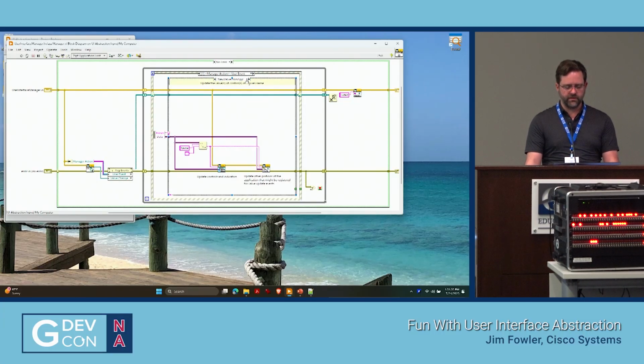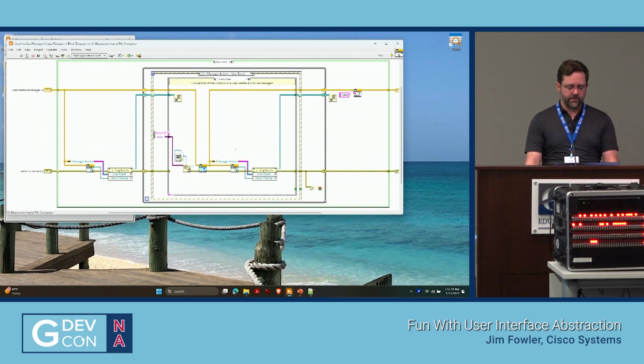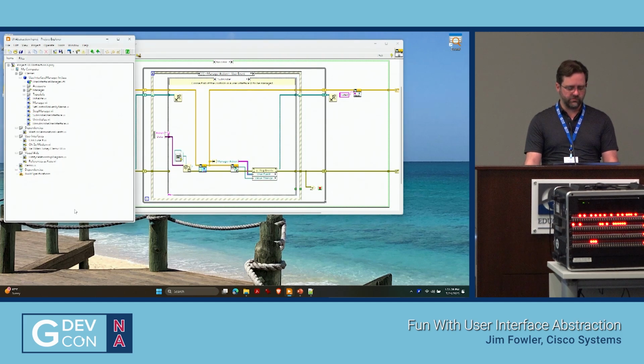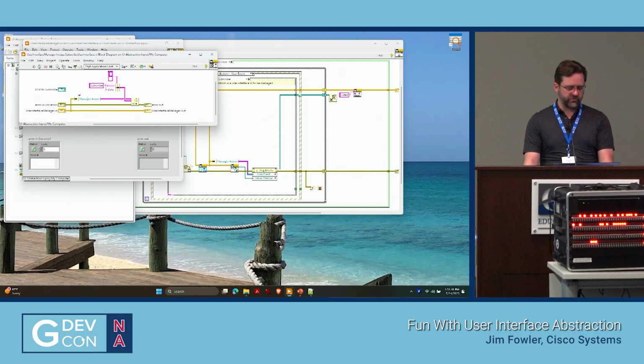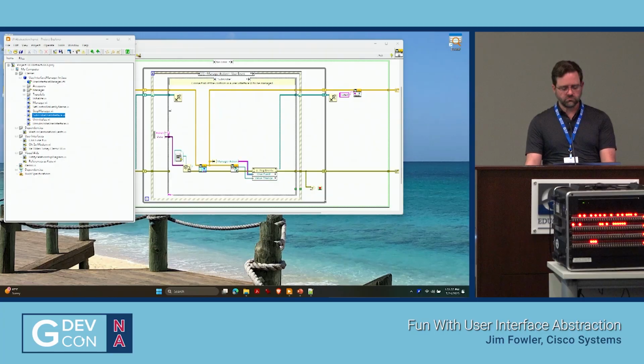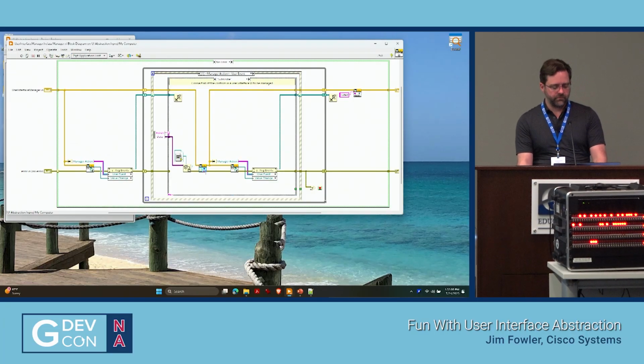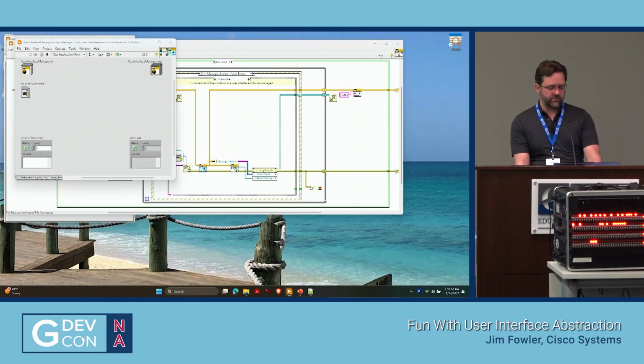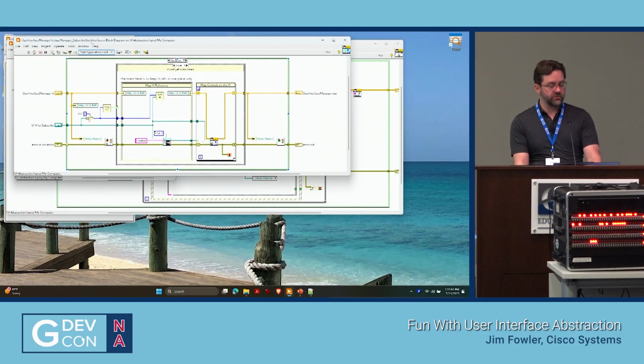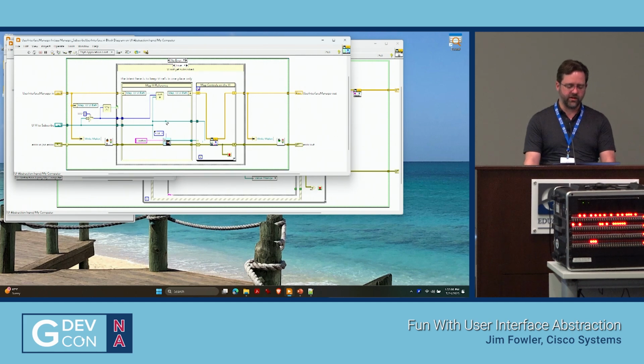When a user interface VI subscribes, it'll run a method. So subscribing, the VI will send its reference, and it sends the manager action, which is a user event. It says it wants to subscribe. Once the event is received, the user interface manager will traverse the entire front panel.